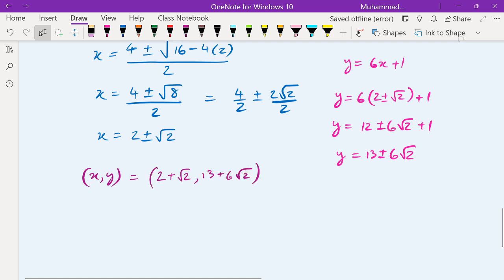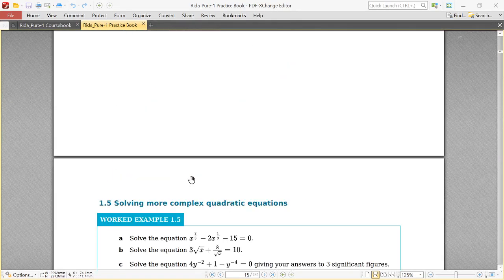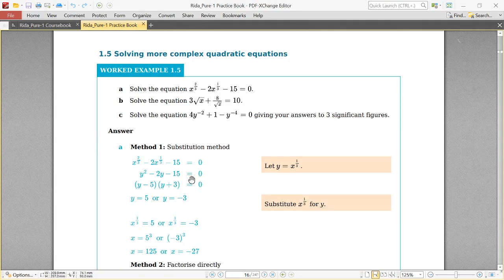Or the second one is 2 minus root 2 with a 13 minus 6 root 2 as well. There you go. Fine. So we have solved them simultaneously. The next one is solving more complex quadratic equations. Now as I said,